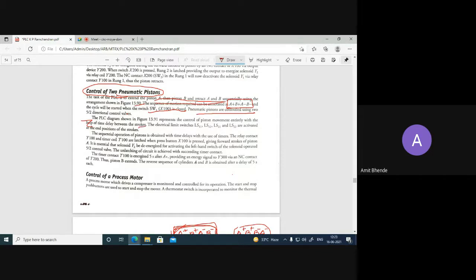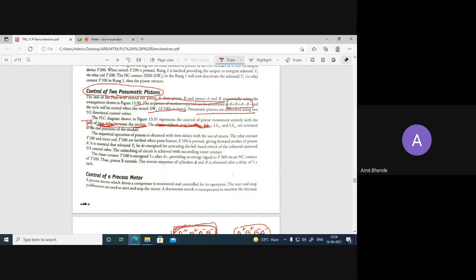So how will you decide the extension motion of cylinder A is completed, or the retraction motion of cylinder A is completed, or extension motion of B is completed? All these things are to be controlled by using time delay. That means we need to use timers over here. There are no limit switches available.